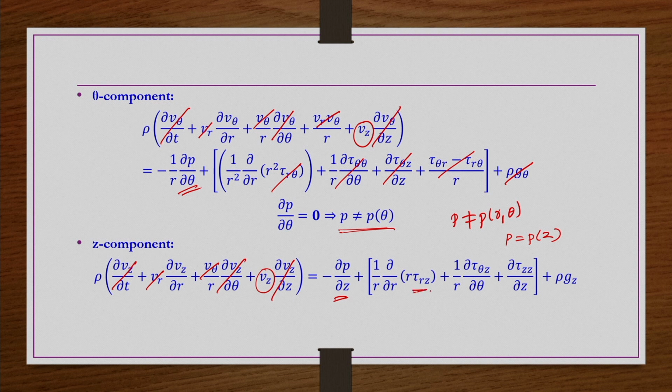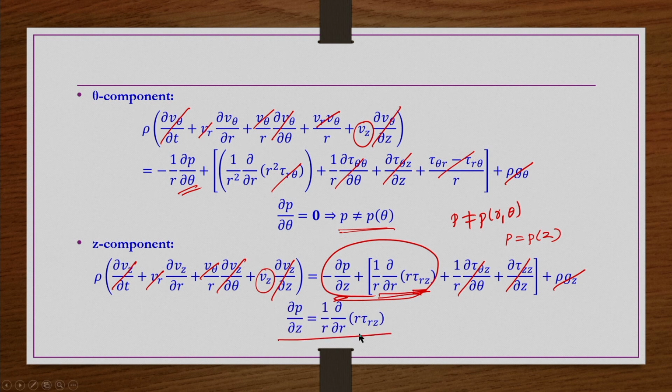So, only shear stress tau r z is existing, which is again a function of r, because in the radial direction only the shear stress variations are there, because the flow direction we are taking in the z direction. So, only the tau r z shear stress component is existing. So, we cannot cancel out this term, and because of the symmetry this term is 0, because of the fully developed flow this term is 0, and we are not taking any gravity in this problem. So, what we have? We have only these two terms. That means dou p by dou z is equal to 1 by r, dou by dou r of r tau r z, that is what we are having.